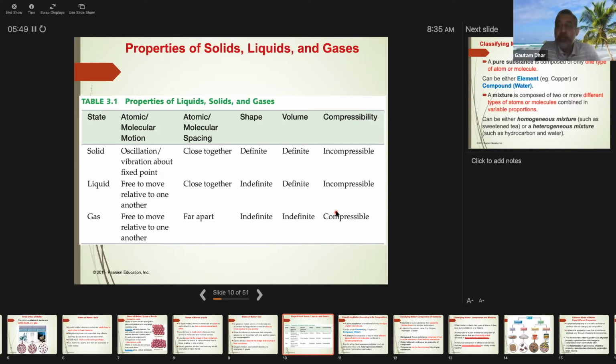And if you give more energy, the liquid molecules, even though there's attraction, will still vibrate and move around. The kinetic energy increases, and eventually they can overcome that attraction also and become gas. So it's all to do with the temperature, the heat content in matter. So matter and energy are intricately related. We cannot separate them actually. And the state of matter depends on the state of energy in that matter that you are looking at.